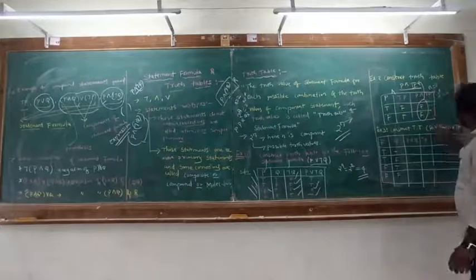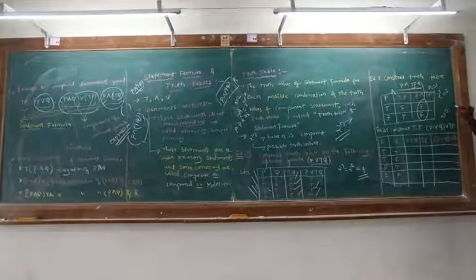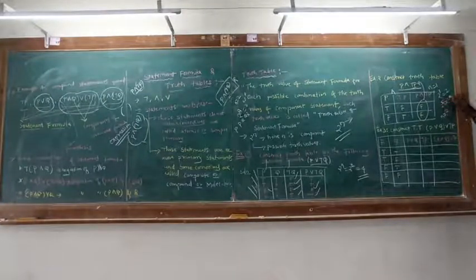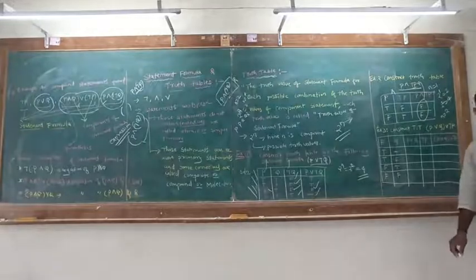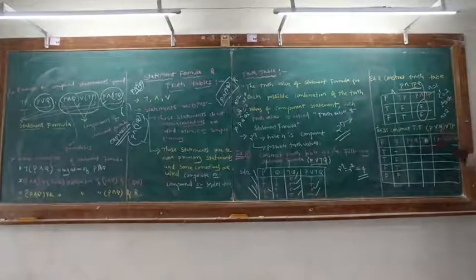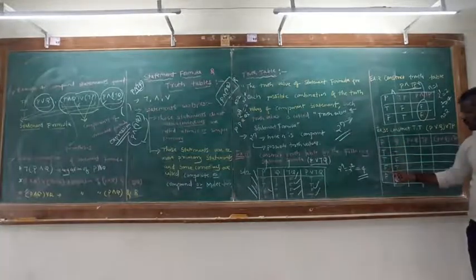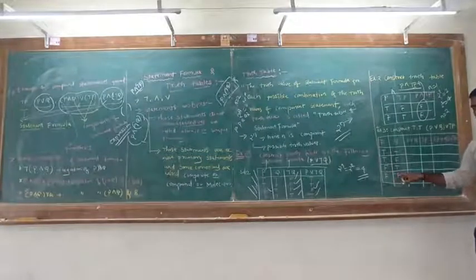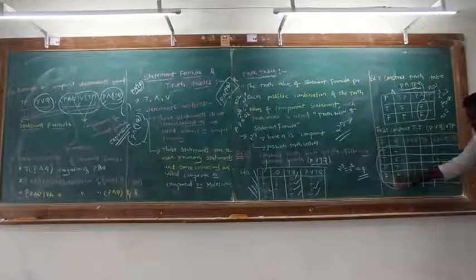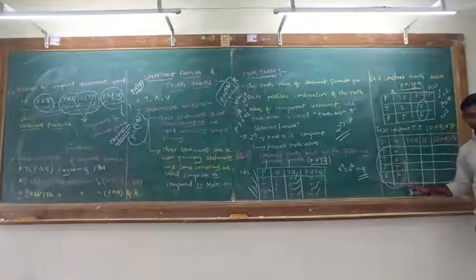Here P, Q. Okay, so the components n equals 2. Okay, what is that? 2 raised to 2 is 4. 4 possible truth values. Okay, so here write P, Q. Okay, so write them; these will be the same. True, true, false, false. This is the number of possible combinations. True, false. Okay, so write as true, false, true, false.